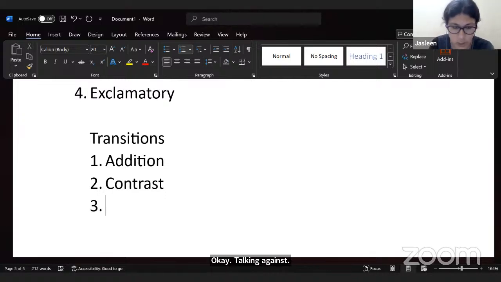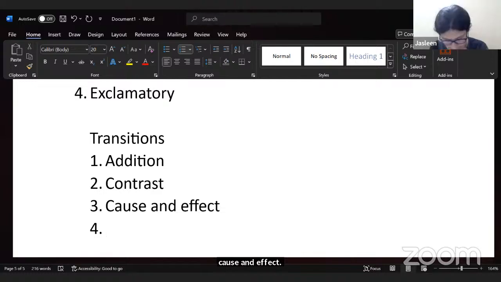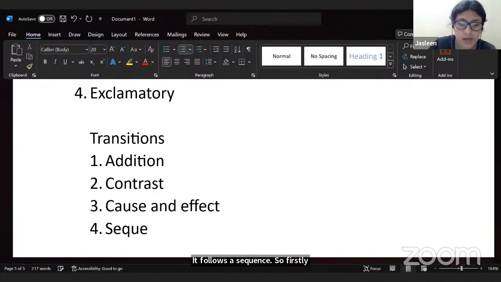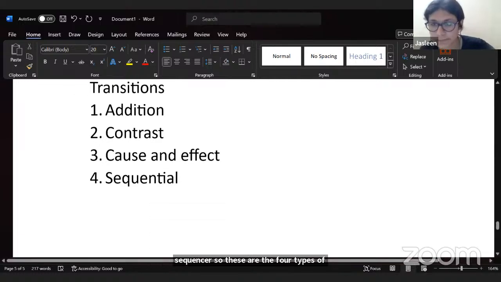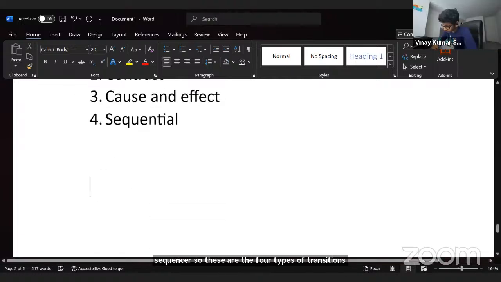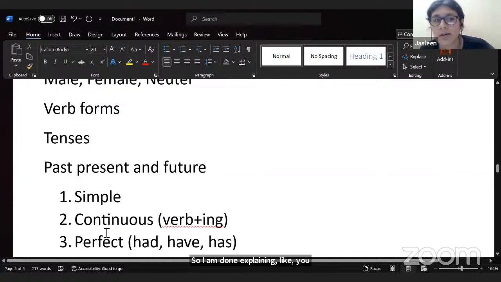Third one is the cause and effect, as a result, kind of. And the last one is the sequential order. Basically, it follows a sequence. So firstly, this happened, then secondly, this happened. So they are sequential. So these are the 4 types of transitions. So I am done with just revising all the topics that were